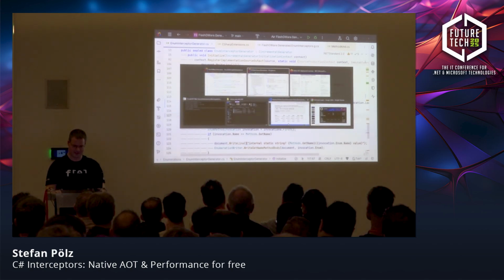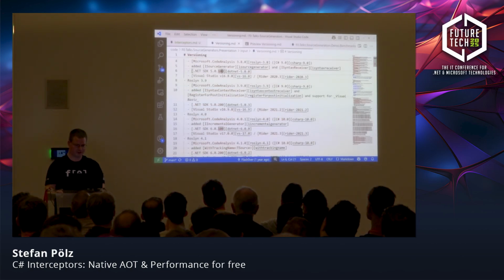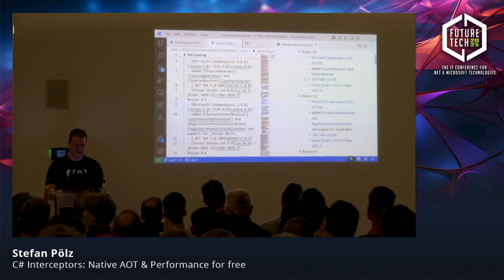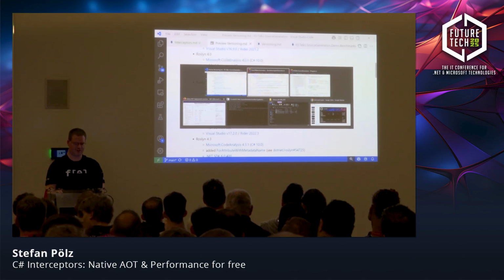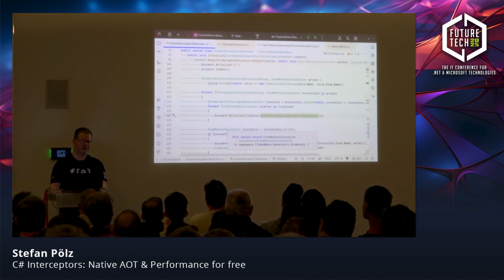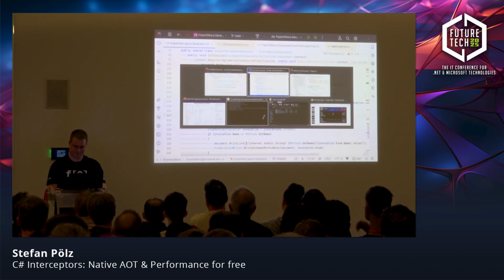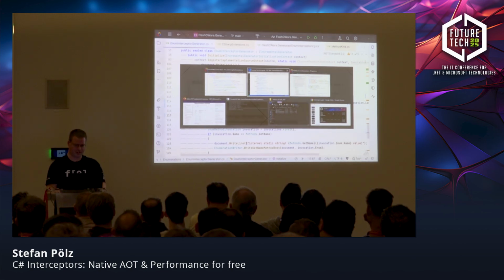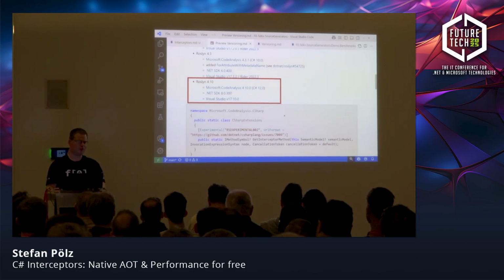To complete the session, I want to talk very briefly about the history of the Roslyn compiler. What the Roslyn compiler is, the cool thing, is just a library. So you could build your own tools that use Roslyn. When you do MSBuild or when you do .NET build, it invokes MSBuild, which eventually invokes Roslyn. So there's various hosts of the Roslyn toolchain. And since Roslyn 4.10, which is included in the 8.0.300 SDK,